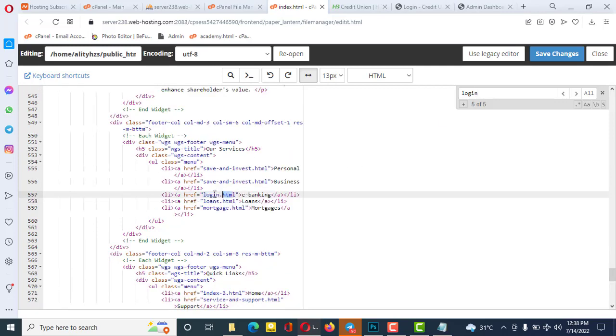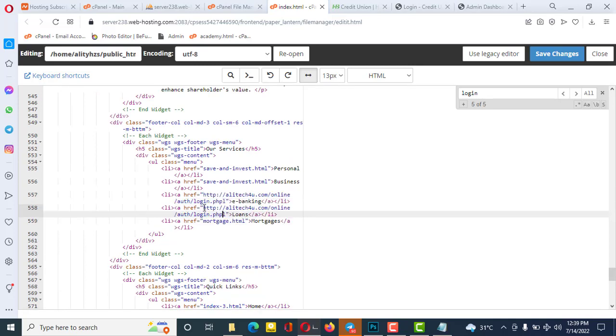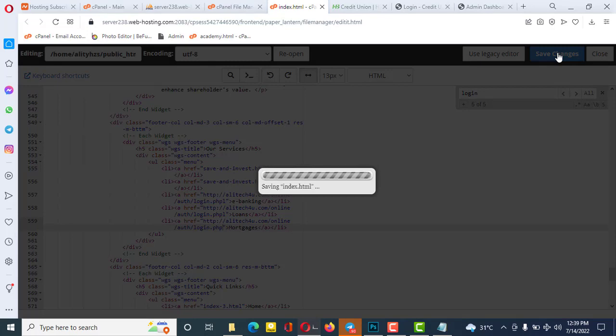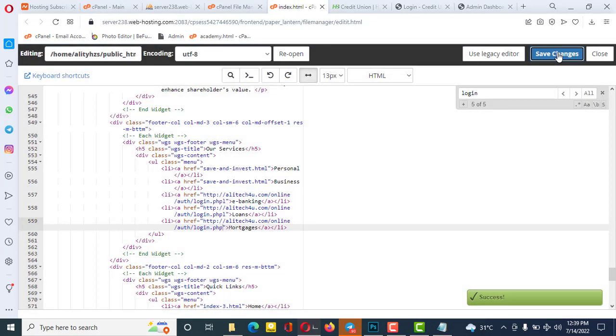Look for loan.html, look for mortgage.html. These are the things I'm telling you to look for now. You might want to write them down because I will not be visiting them. But each page you go to in this EN, that's the front page, you have to look for mortgage.html, loans.html and login.html, and replace all of them with this